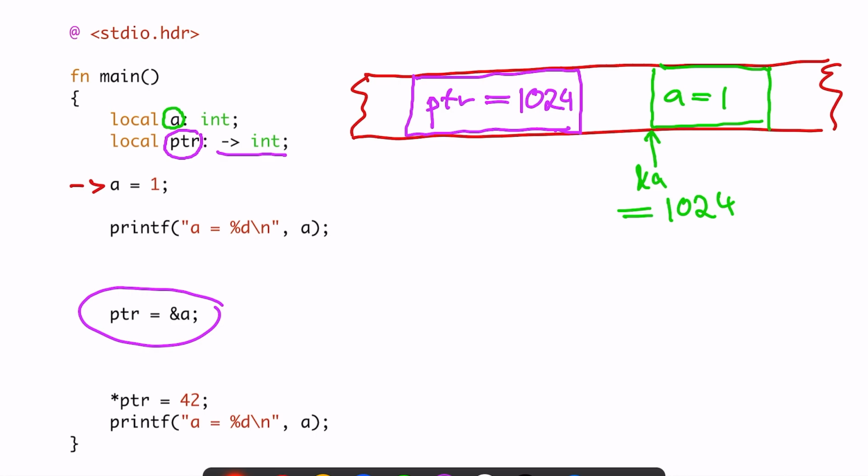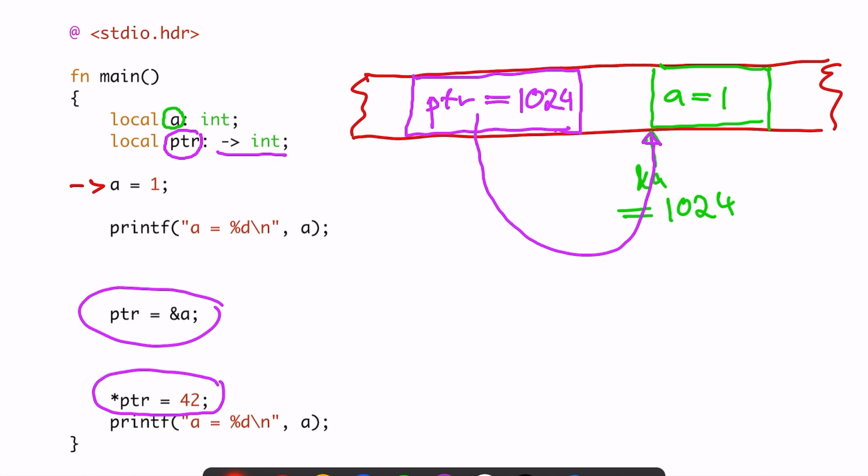And the reason why we call ptr a pointer, and in this case, after this assignment, a pointer to a, is that we can think of the meaning of this number stored in ptr as pointing to variable a. And that's almost it. Now, the next interesting thing is actually